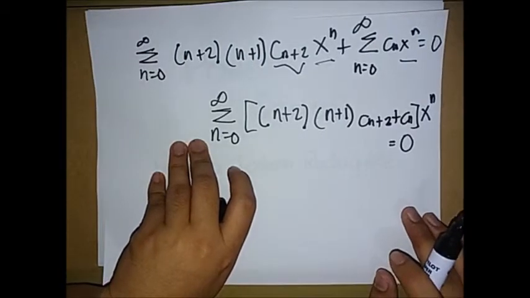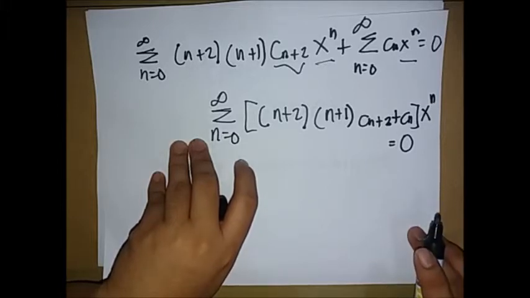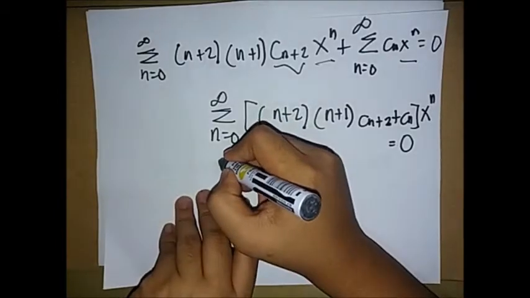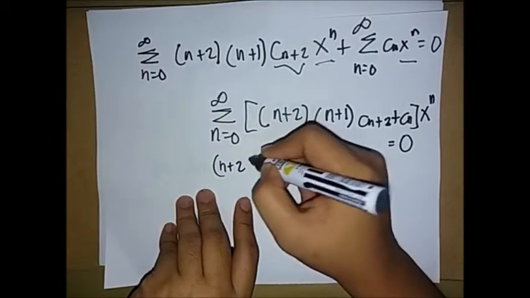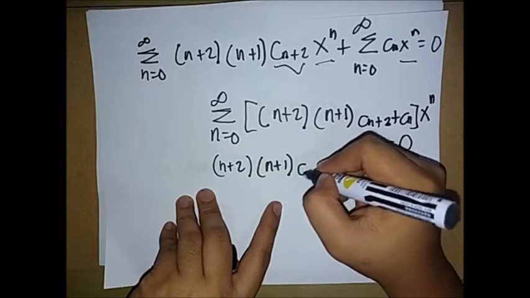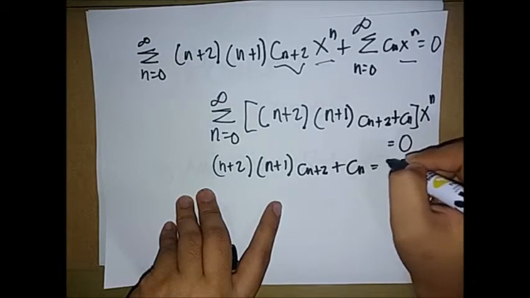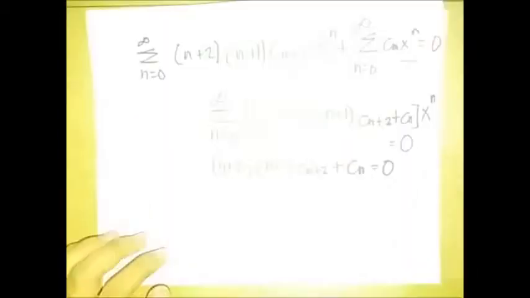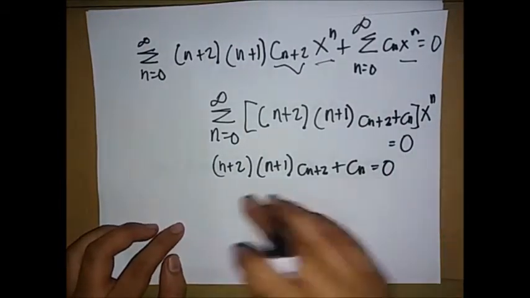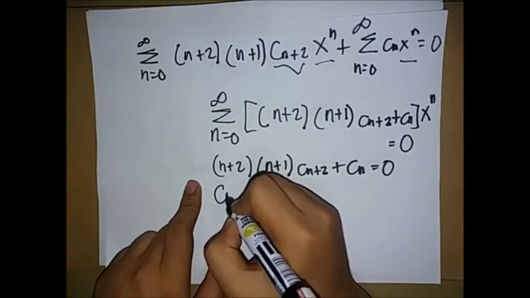Now, if two powers are equal, then the corresponding coefficients must be equal. Therefore, the coefficients of x raised to n must be 0. And if we are going to get c sub n plus 2, we have